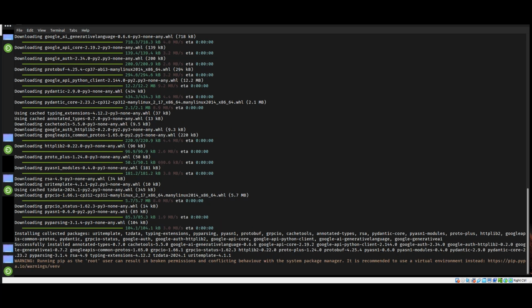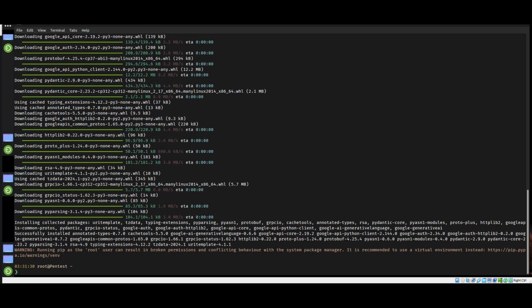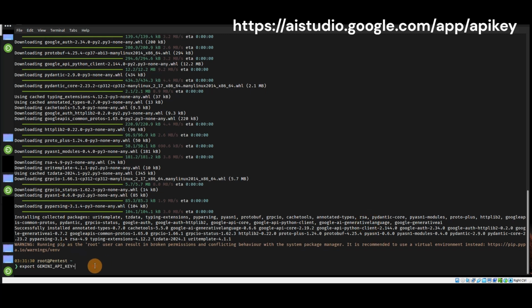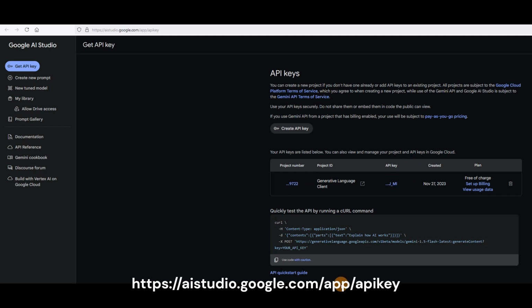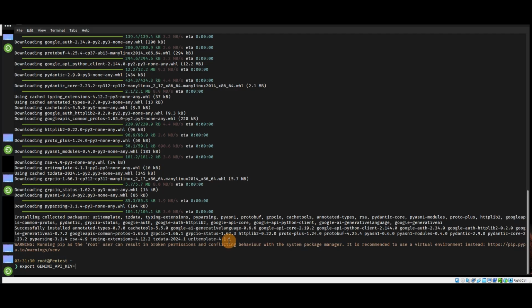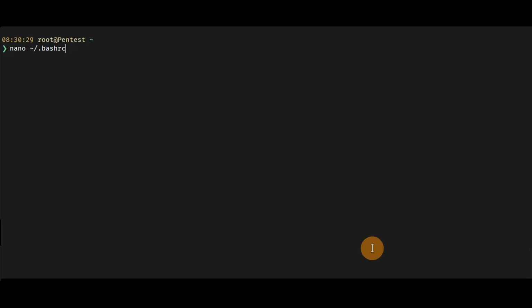Set up your API key. To access Gemini API services, you'll need to provide an API key. You can get this key from your Gemini account. Once you have the key, you need to set it as an environment variable, temporarily in your current session: export GEMINI_API_KEY=your_api_key_here. To set it permanently in your terminal, for Bash users,